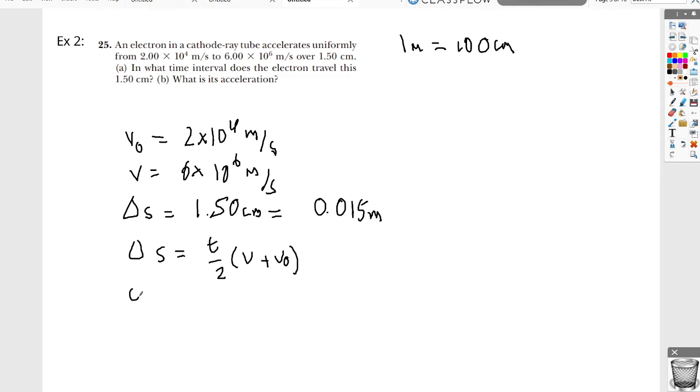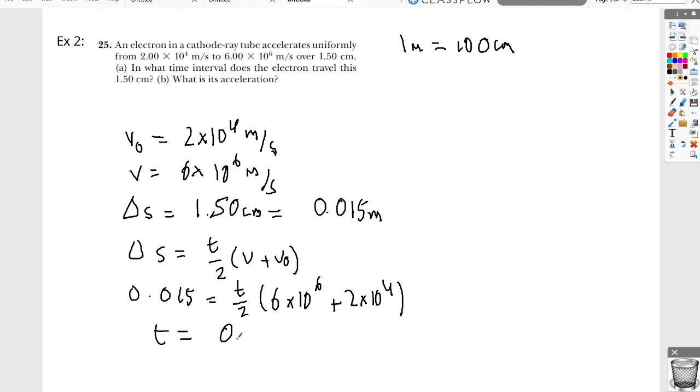So it will become 0.015 equals time over 2 times (6 times 10 to the 6 plus 2 times 10 to the 4). And if you multiply this out, you will get t is equal to 0.03 over (6 times 10 to the 6 plus 2 times 10 to the 4)